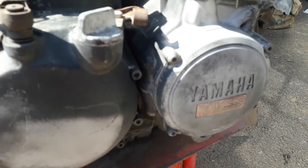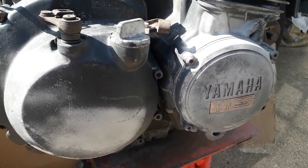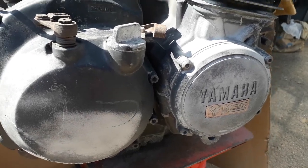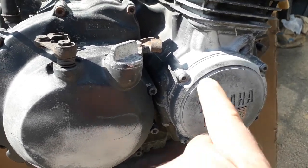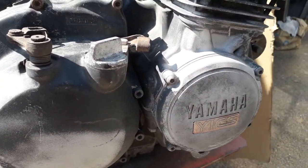Now I was looking at one video and a guy was saying sand is really dangerous to use on aluminium, but I don't think this gun has got enough pressure really. I've just skimmed over that. That's a lovely finish,